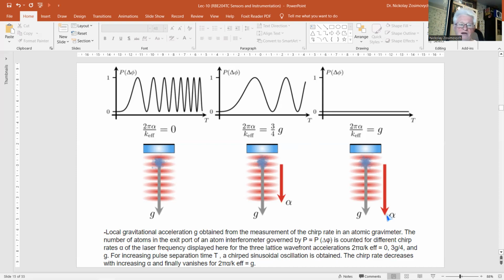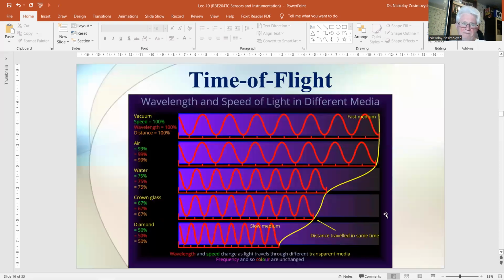Some types of errors can be reduced using two waves with different wavelengths, assuming the errors are common to both waves. Light travels through a medium with a speed v determined by its optical properties,